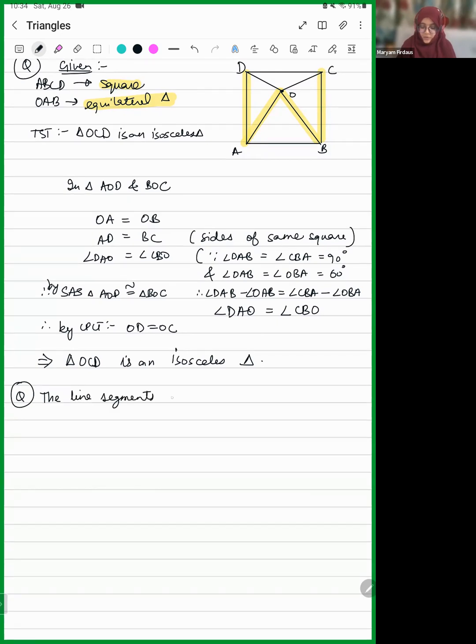The line segment joining the midpoints M and N of parallel sides AB and DC respectively of a trapezium ABCD